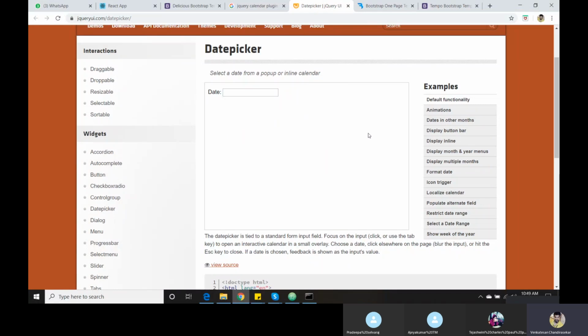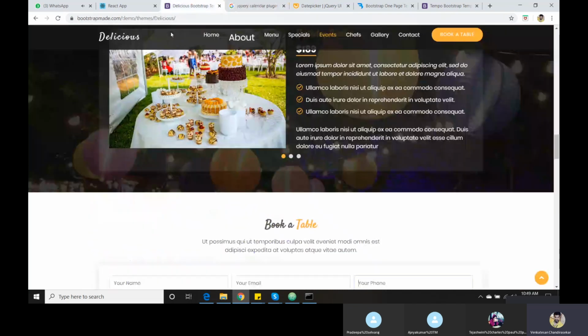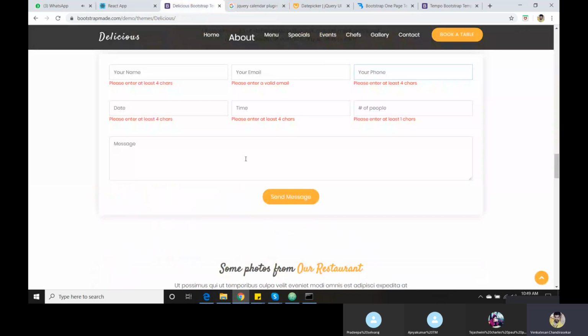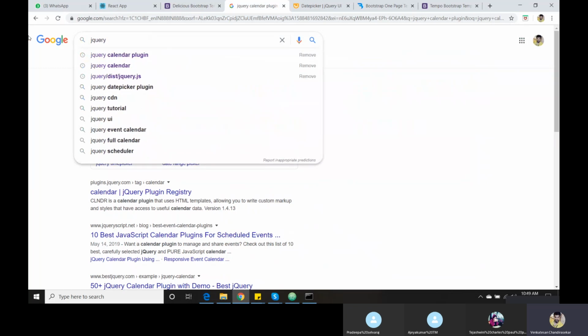A jQuery plugin uses syntax like this: instead of document.getElementById, they use the dollar symbol to execute. A plugin is nothing but pre-built packages. In the same way, for form applications, there are a lot of packages available to validate. I will show you a simple one, the jQuery validation example.